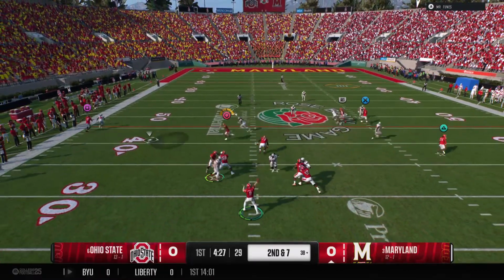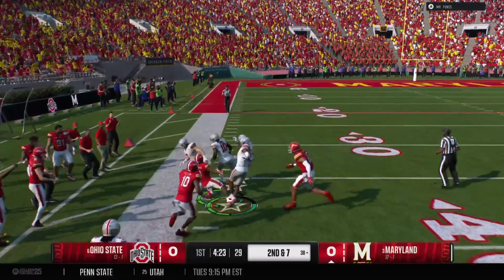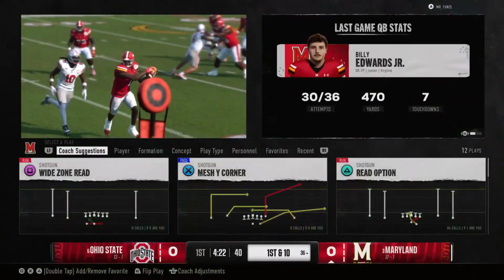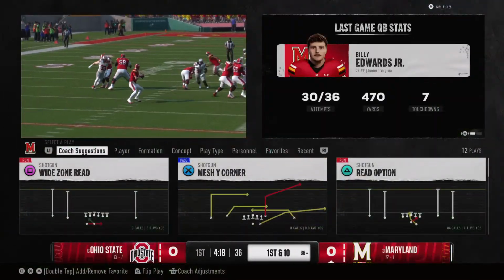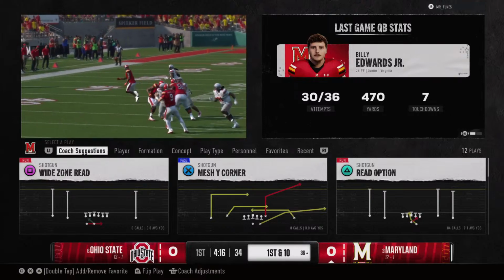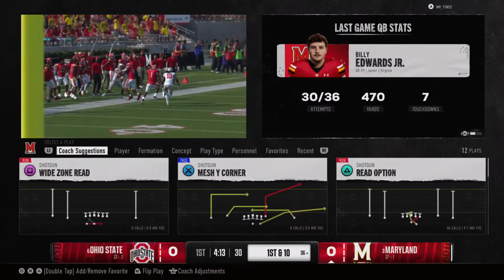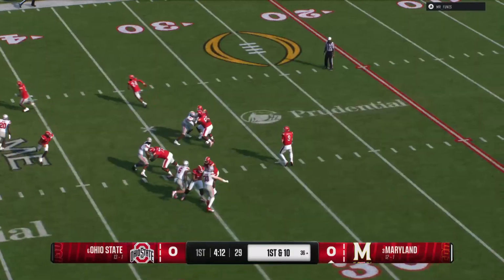Dropping back, it's Edwards. Receiver makes the grab, breaks loose at the 40. And that big gain moves the ball across midfield all the way to about the 36. Well, there's nothing better for an offensive coordinator than having a quarterback get into a rhythm early in this game. Another great completion. This guy is off to a great start in this big playoff game.